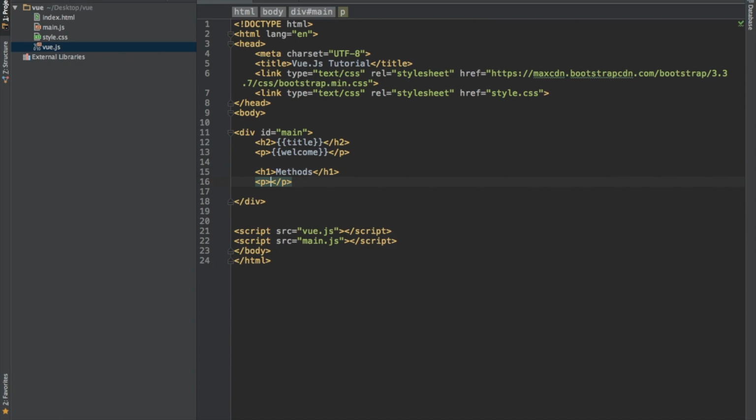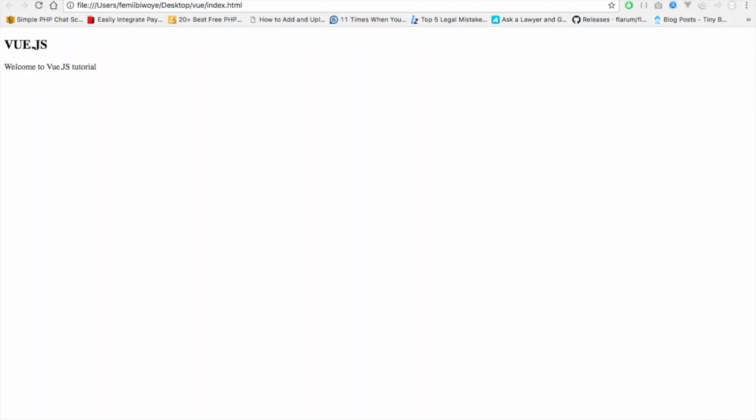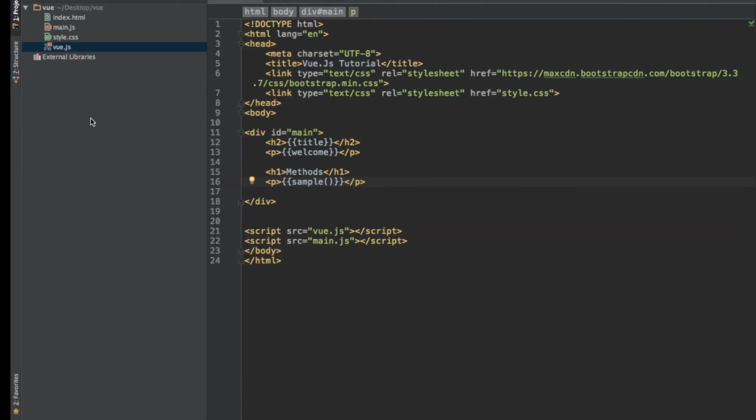For me to display my sample function, I'll still need to make use of two curly brackets. So in that case, I'll paste this and use opening and closing brackets. So I'll save and go back to our browser. So let me refresh. Good, it says this is sample data.